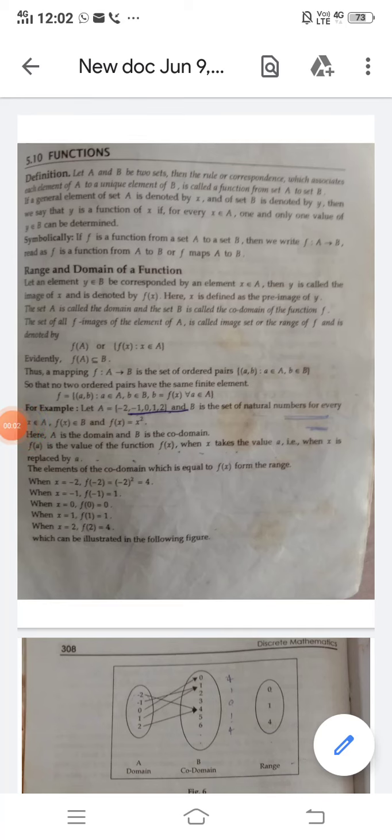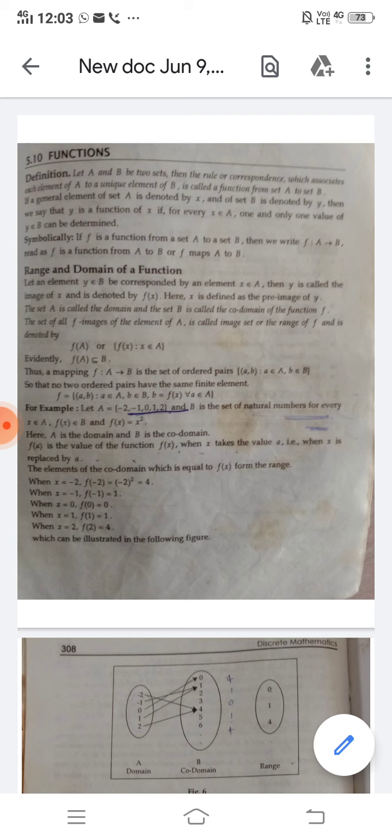Good afternoon everyone. In today's video of discrete mathematics, I am going to start unit 4, that is functions and relations. I have skipped unit 3 until I have finished unit 2. Units 1 and 2 are done. After that I have skipped unit 3 and I am starting here unit 4, that is functions and relations. So first of all we will learn functions.